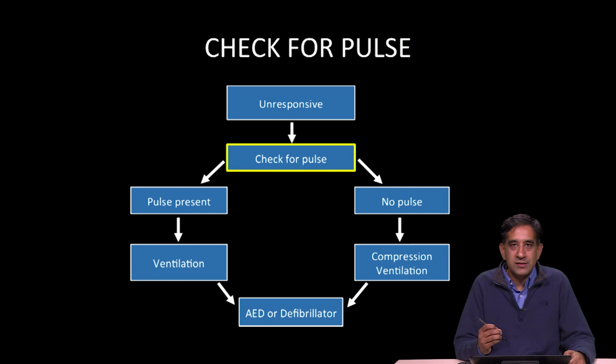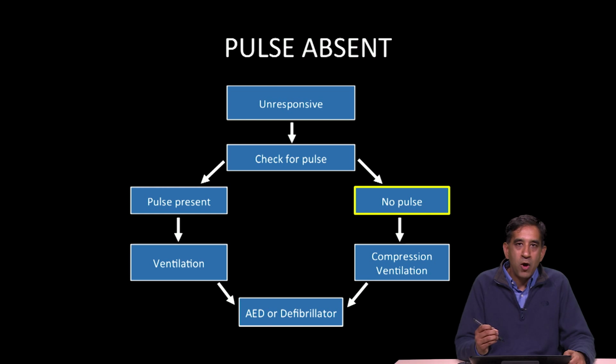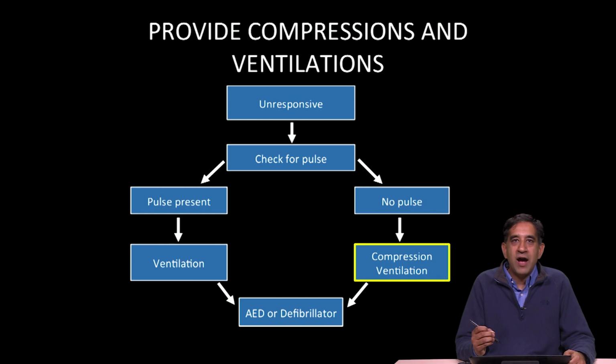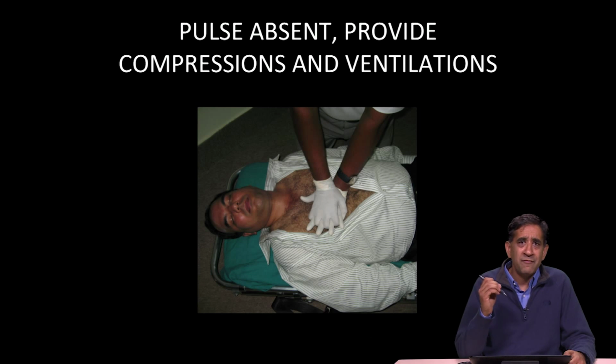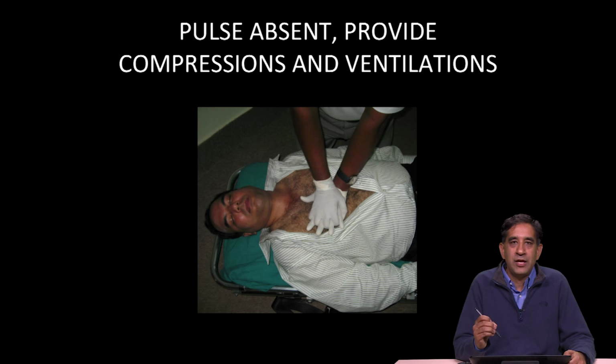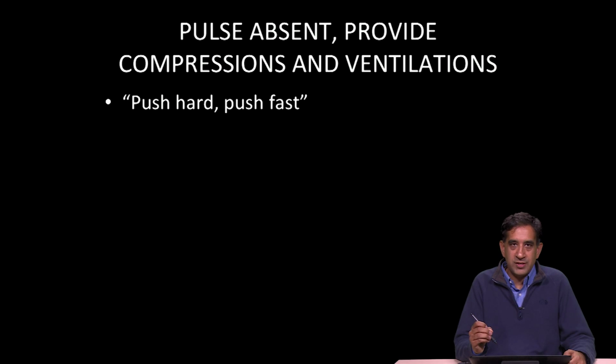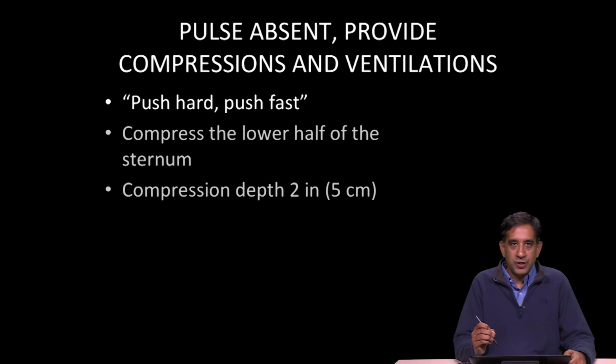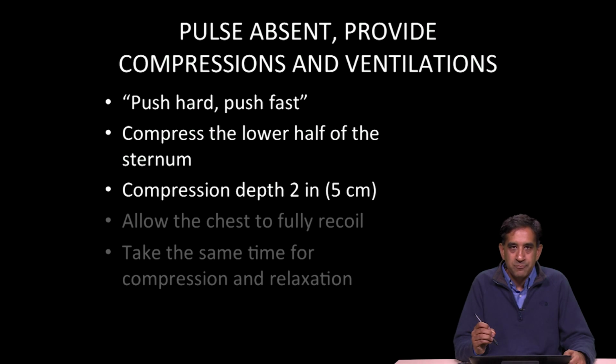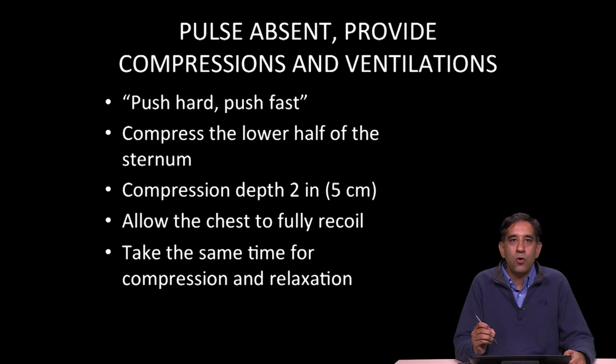If you check for a pulse and the patient does not have a pulse or the pulse is absent, then you're going to provide compressions and ventilations. So what does that look like? If the pulse is absent, it's not only ventilations, but also chest compressions as well. So when we're giving chest compressions, the adage or the principle is to push hard and to push fast. We often don't give chest compressions fast enough. You're going to compress the lower half of the sternum to a depth of about 2 inches or 5 centimeters. And you're going to allow the chest to completely recoil and take the same amount of time for both chest